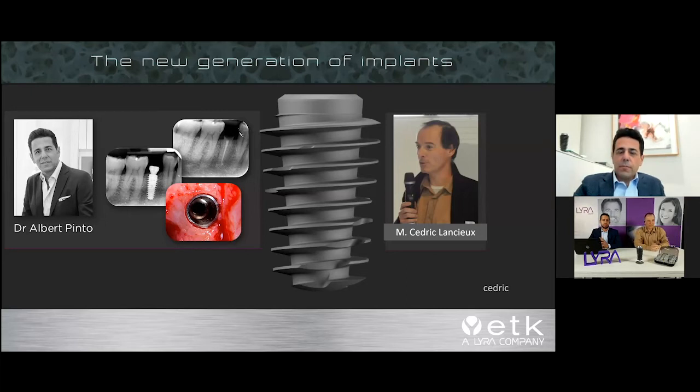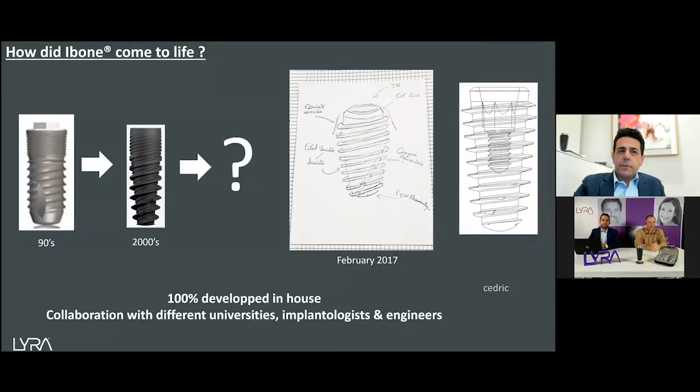Yes, of course. Thank you. Hello, everybody. I'm going to give you a short explanation about the story of the development of the implant. First of all, everybody knows the Brånemark implant. That was a straight implant with a thin thread, in the 90s. And step by step, need after need, we started to make extraction and implantation, and with this kind of implant it was really necessary to have a big implant in certain cases, such as when we replace a molar. So we have some implants of 6 millimeters. We put 6 millimeters of